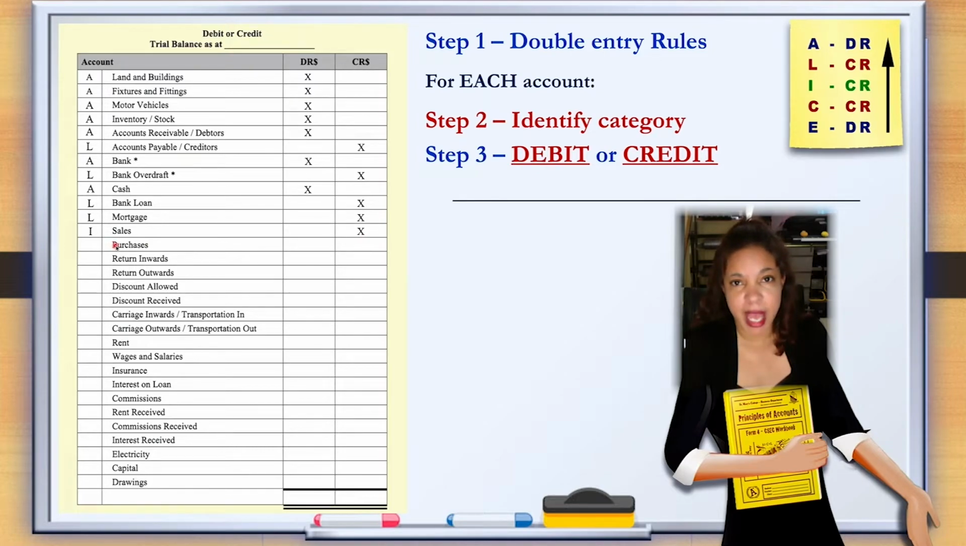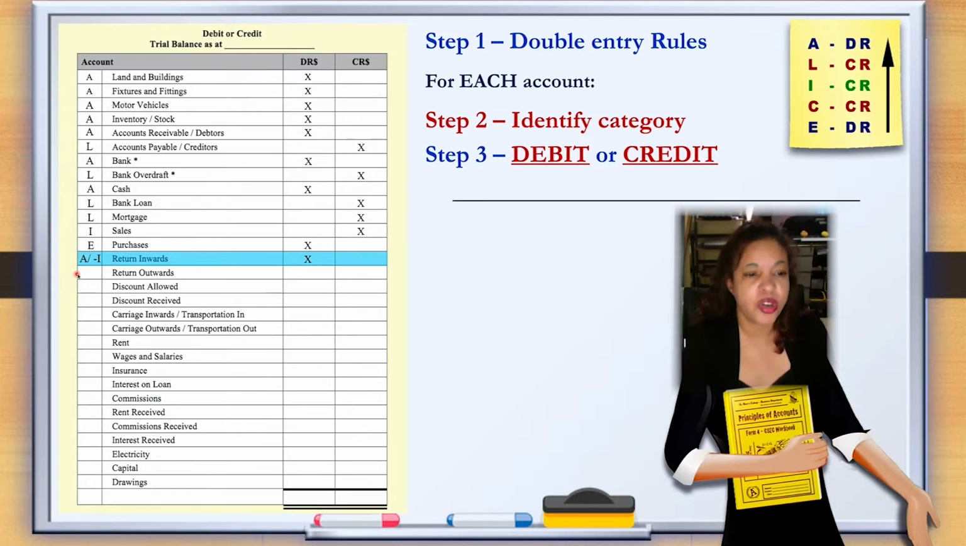Purchases is an expense, so debit. Return inwards, what we just said, it's inventory being returned, so that is an asset, or a loss in income. Both translate into a debit. Return outwards is the opposite, so just go and put it on the credit side, but just for your notes,